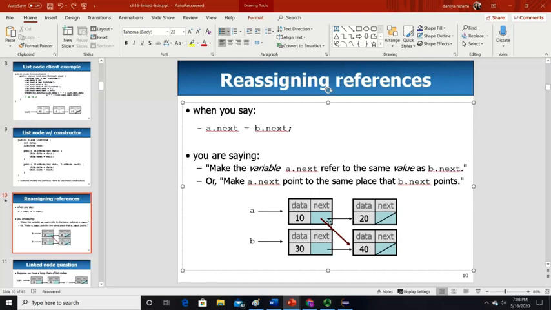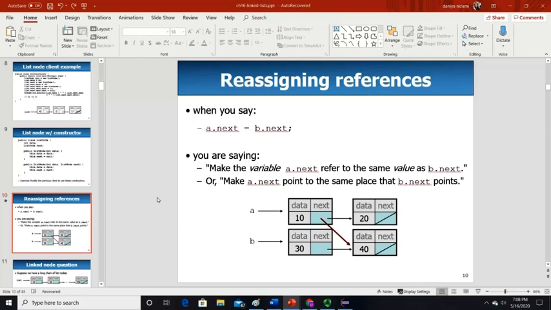Because of this statement, you can see this red arrow. What happened is, by writing a.next equals b.next, this arrow is created. You just lost 20, because you said a.next, you don't need to hold 20, you will hold 40, which you said b.next, and this .next can only hold one address. So these two arrows are wrong. It means after that statement this arrow is gone, you lost 20.